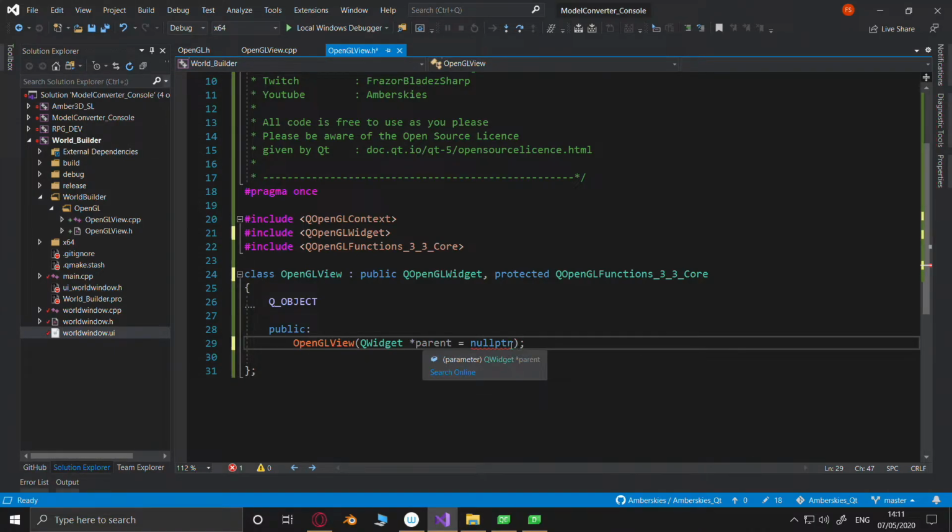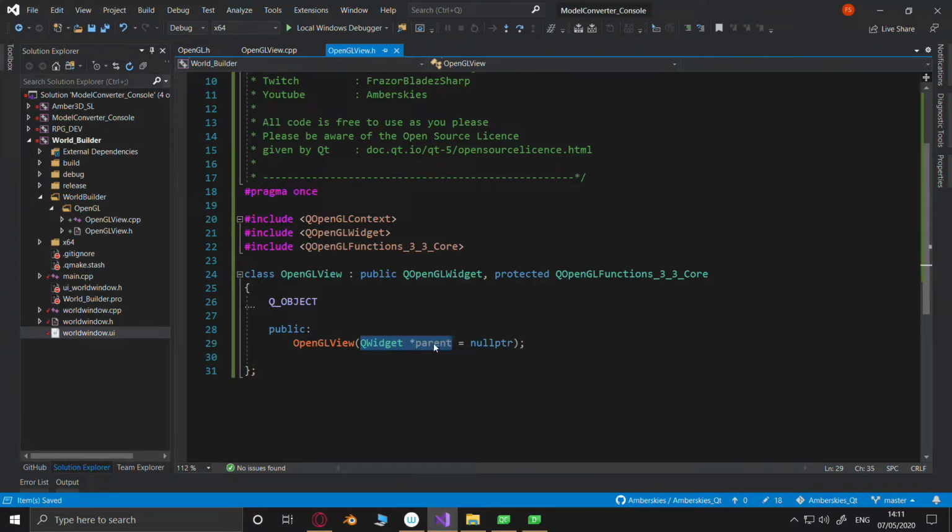Star parent equals null pointer. Yes, that's legal. Now go get stuffed. I'm getting sick of this. I really am. So Gui widget parent is all I need.